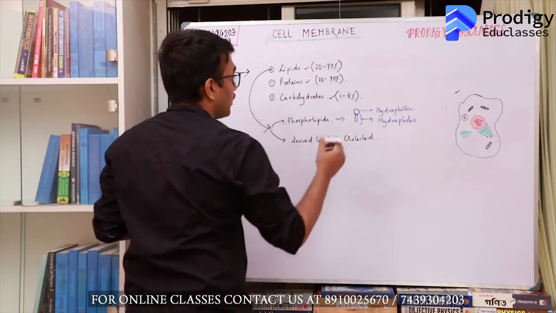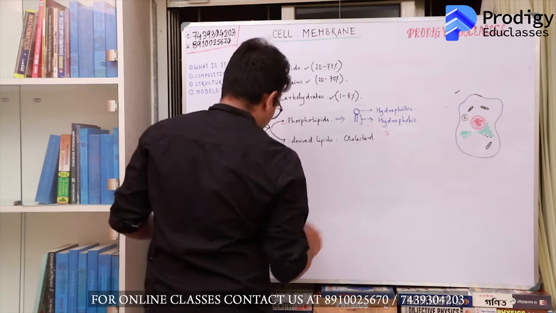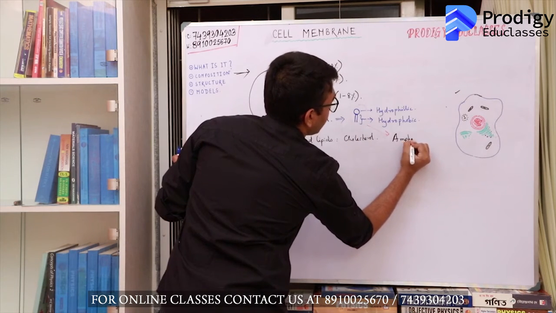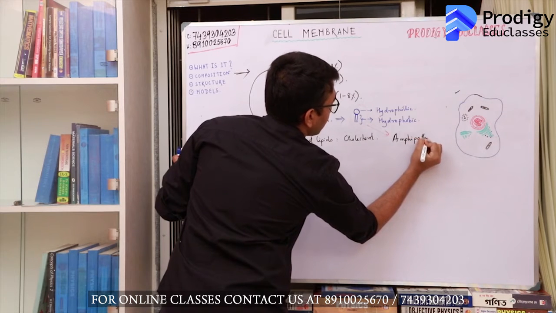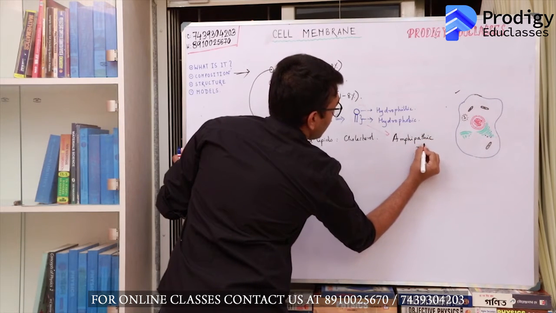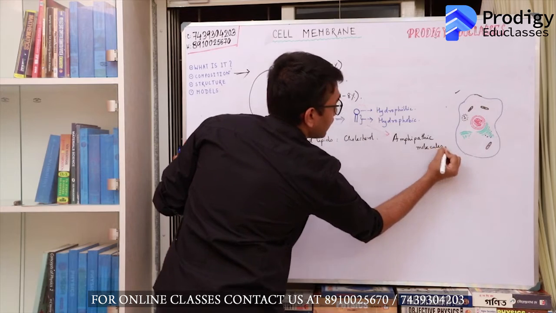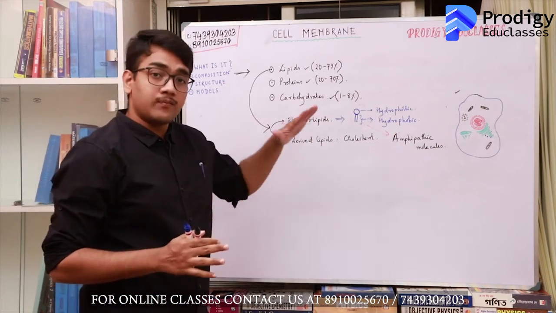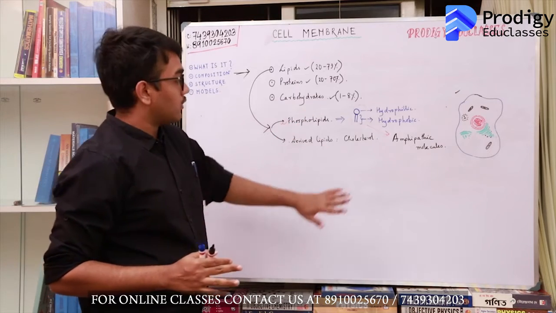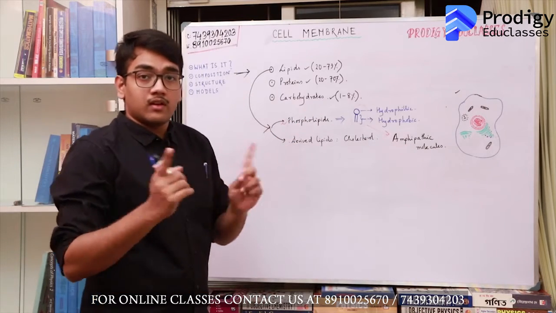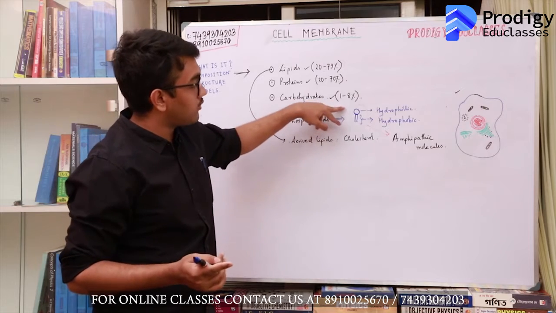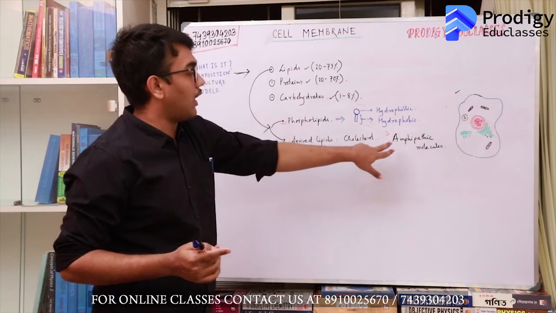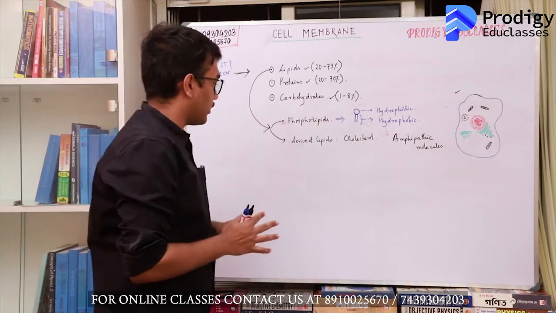Thus, a phospholipid molecule is what you call an amphipathic molecule. As you all know, amphibians are living beings which survive both in the land and water. Okay, so amphi means it has two properties. It is both hydrophilic and hydrophobic, and pathic means it is stable in both water and outside water.